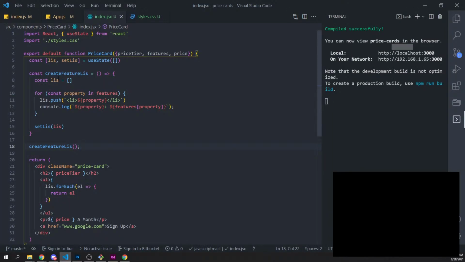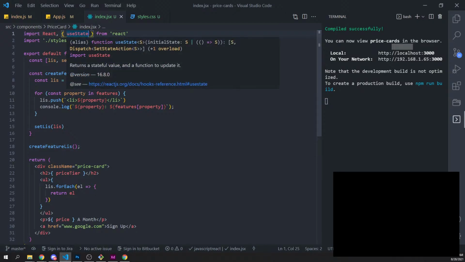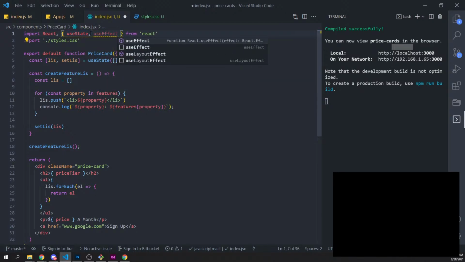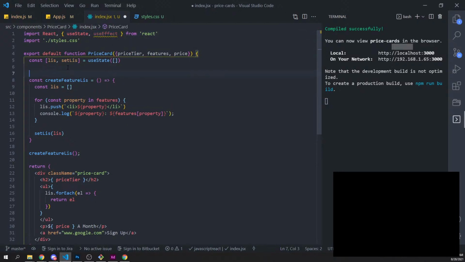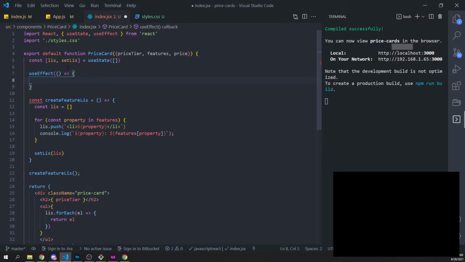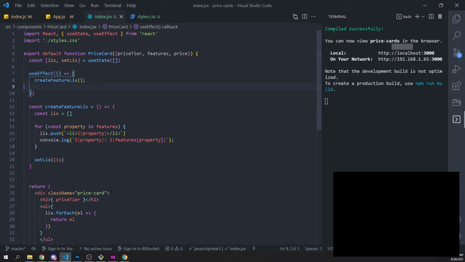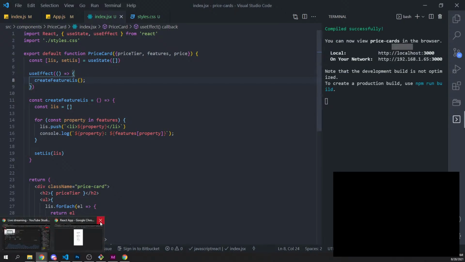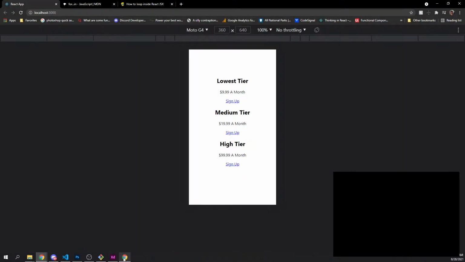Yeah, I need to stick that in useEffect, right? So we're also going to need useEffect here. And we'll just stick this in here and then save. And then if we go back to this, that renders properly now.